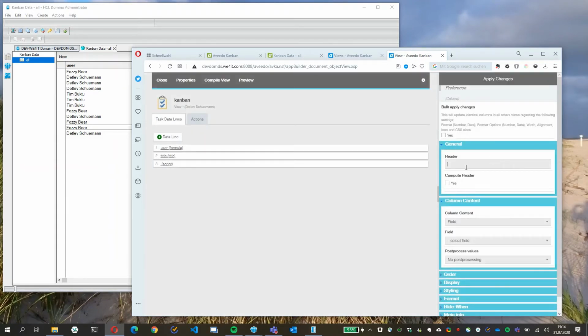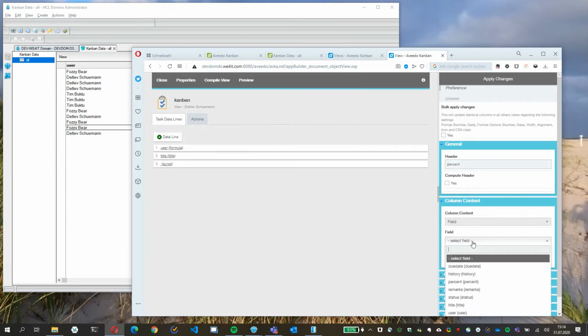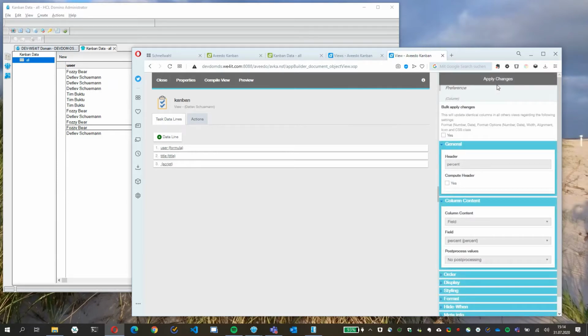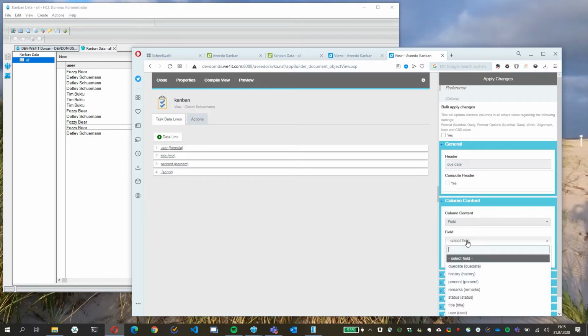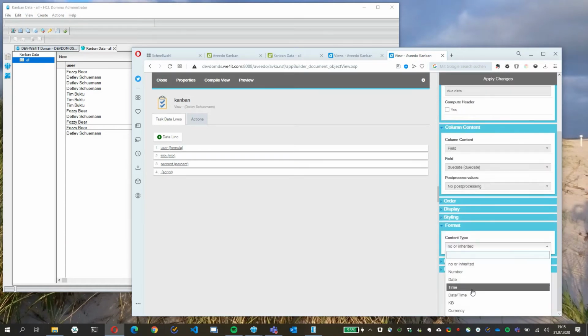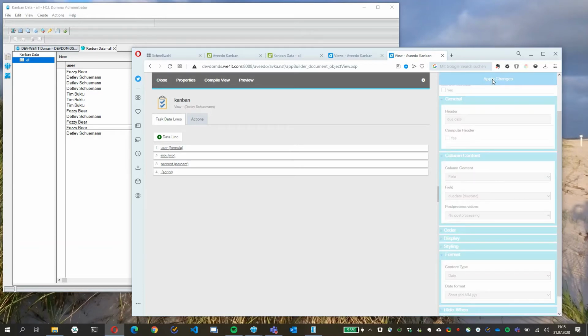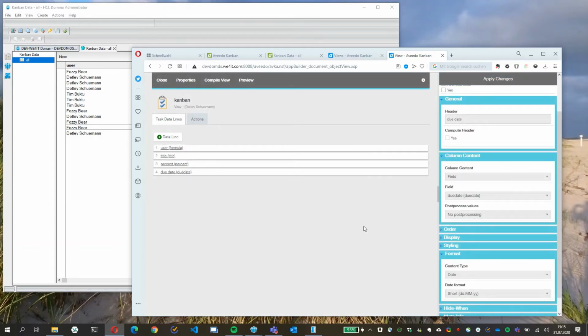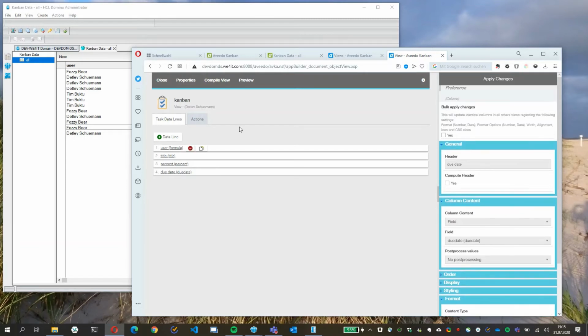Then let's say we want to show the percentage. It's this field, and then the due date would also be a good idea. Due date field here, and because it's a date field, we select for format the date here and click on Apply. So that's it